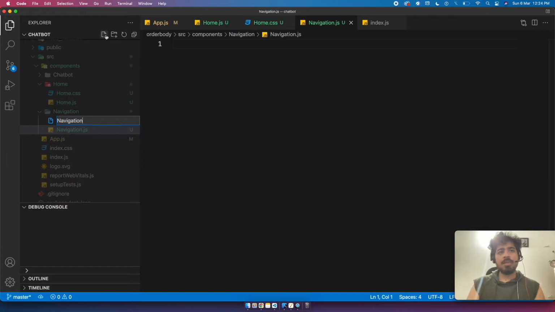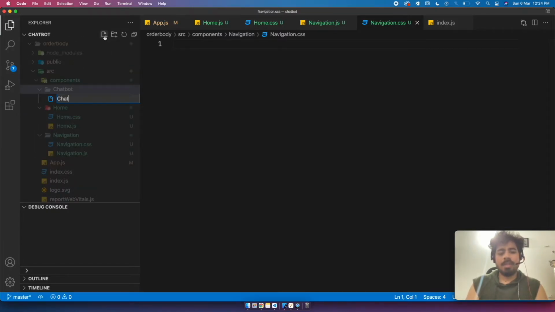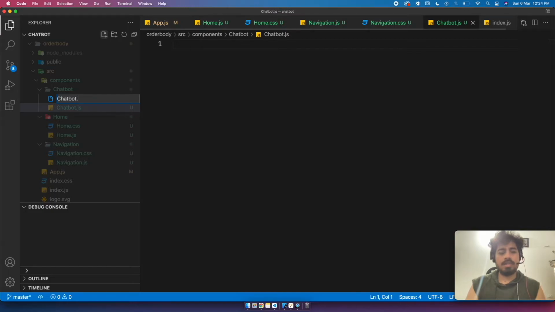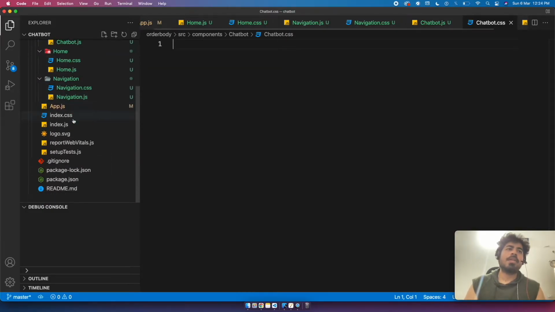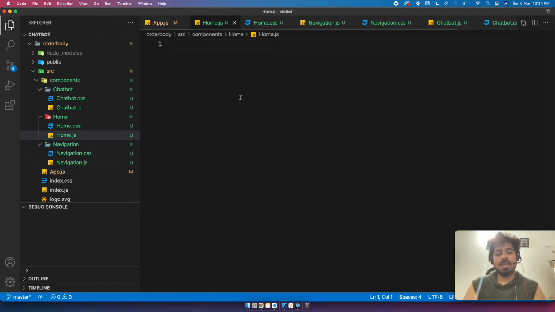इसमें Sass वगैरह भी use कर सकते हैं, CSS pre-processors वगैरह भी, that can also be used, बट हम just for learning purpose क्या कर रहे हैं, basic HTML design चाहिए, तो for that purpose we're just gonna use a simple CSS, nothing fancy, ठीक है। तो ये हो गया, home हो गया। चैटबॉट के लिए भी let's create a file, मतलब बना के तो रख ही देते हैं, बाद में we will do other things in that। तो chatbot.css, ठीक है। तो ये हमारा basic तैयार हो गया है।